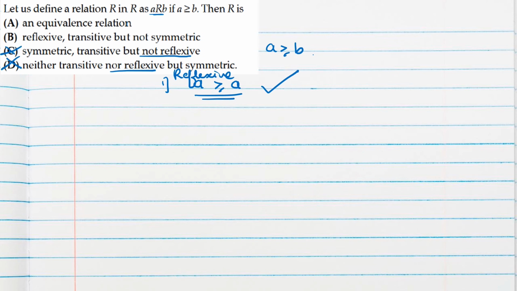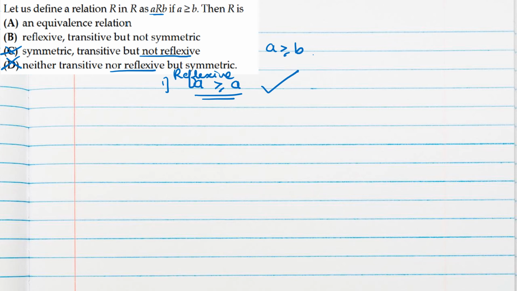So this way also you can check. Suppose you are not getting any answer, you try to go with the options. Somehow, by some thinking, you cancel 2 or 3 options, isn't it? So if you completely don't know the answer, then also you can get the correct option. Reflexive at least you can check, right? A is equal to A is given. It is reflexive, so the not reflexive option we will cancel.